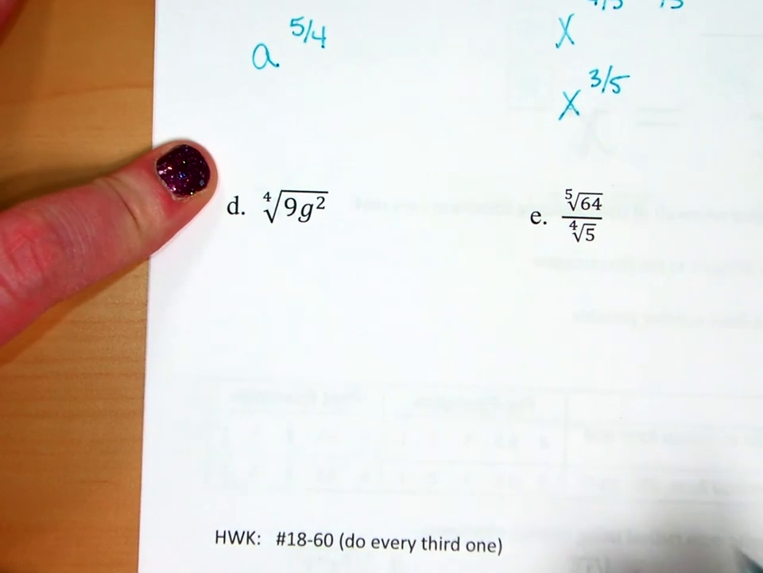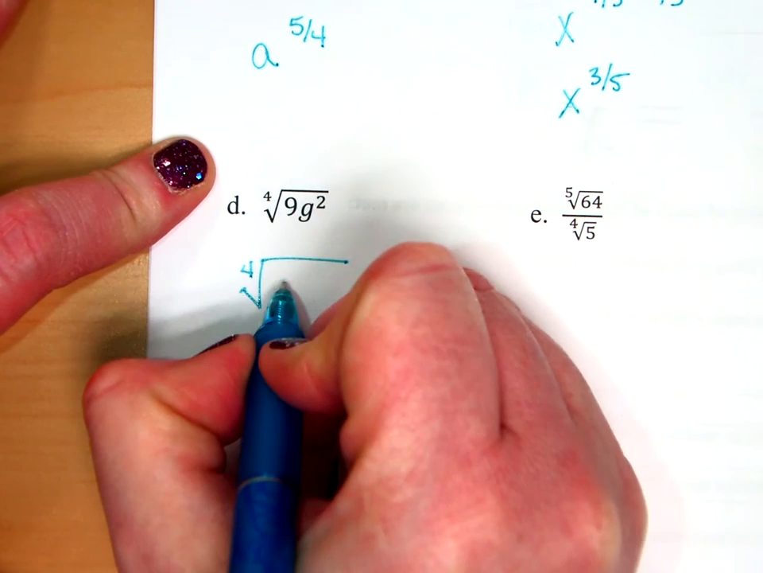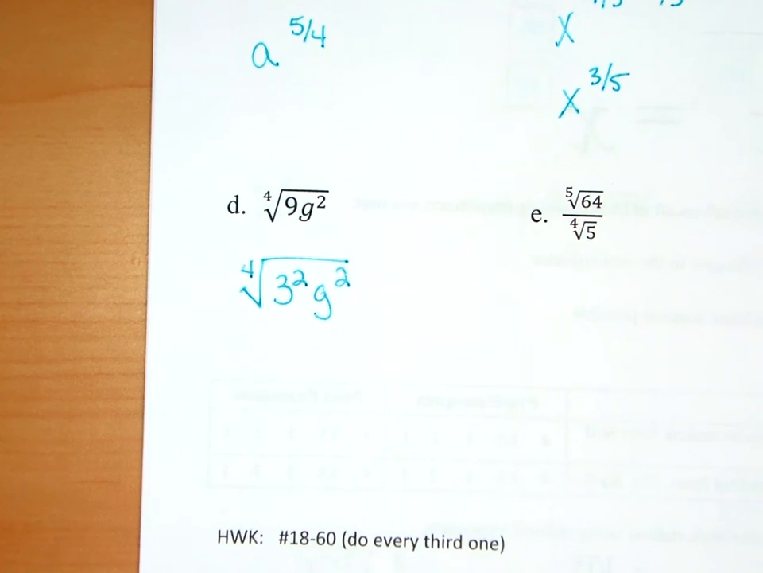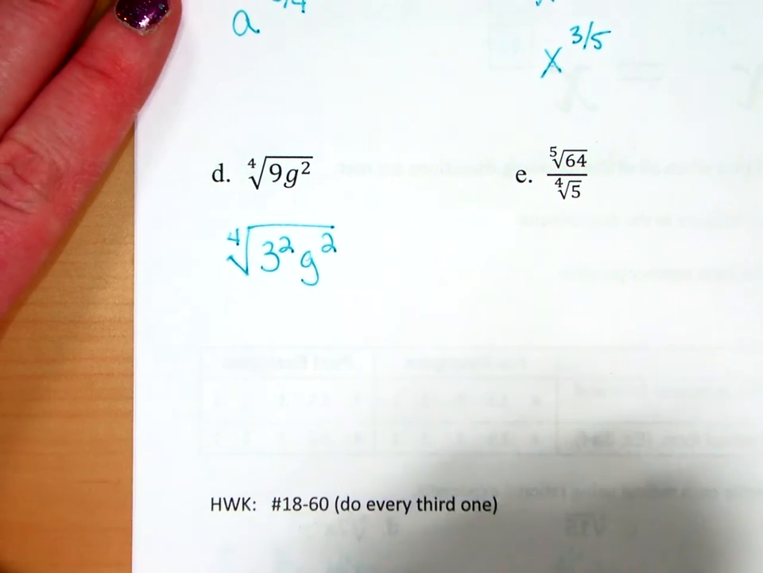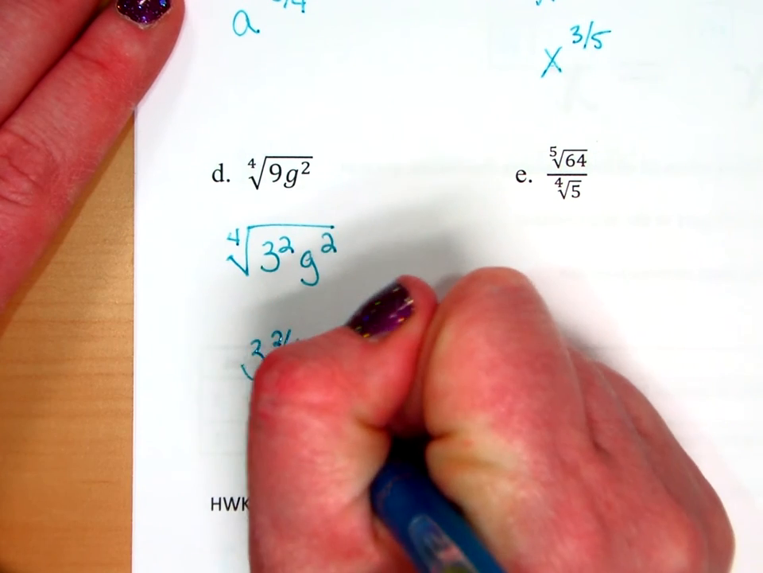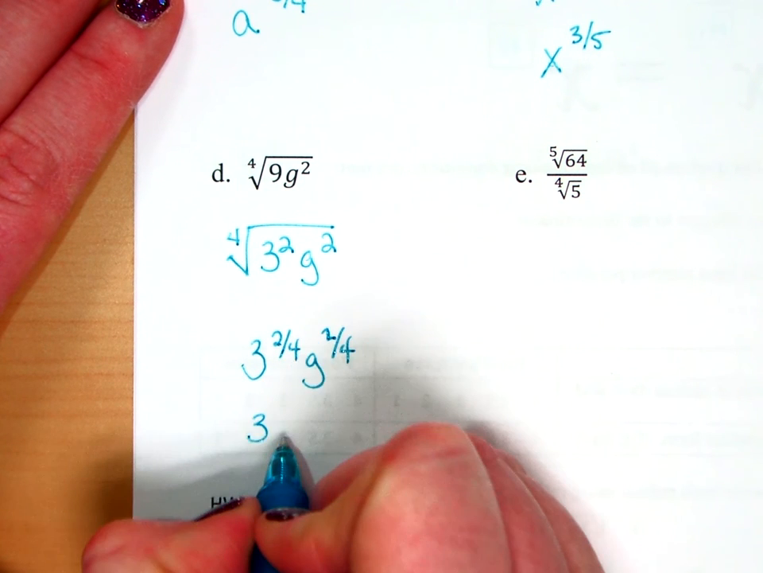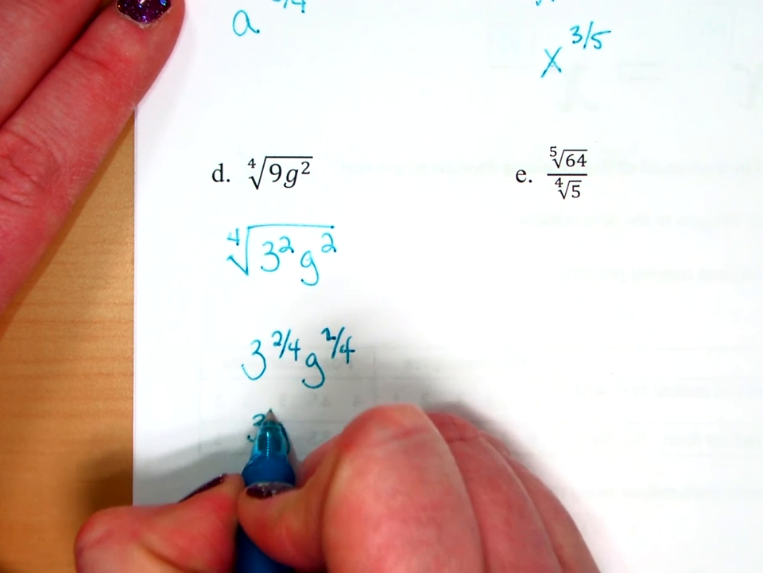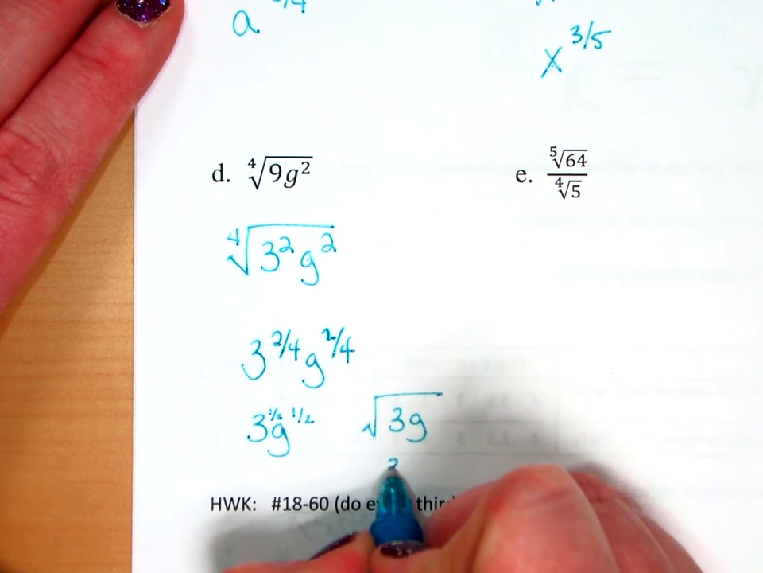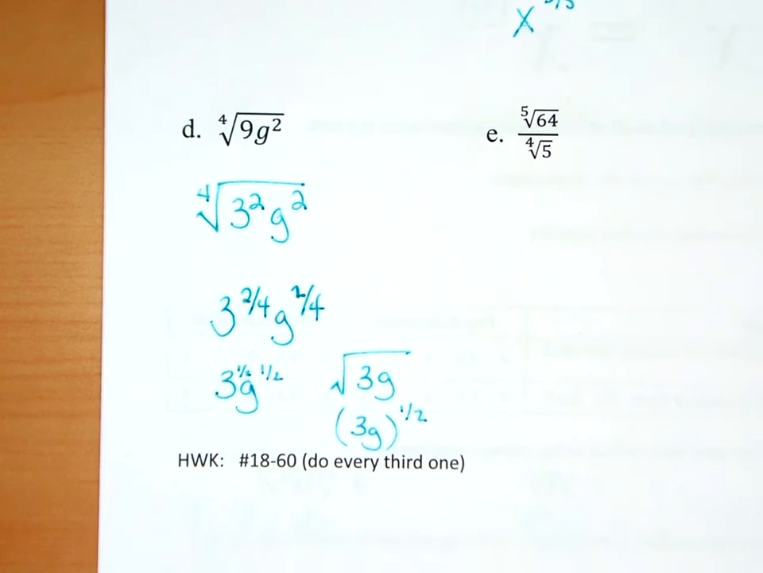Working on this problem here. So 4th root. 9 can be written as 3 squared, g squared, because you want to write them as exponents because you've got to simplify. So then, taking each one to the 4th, 3 to the 2/4, g to the 2/4. So that gives you 3g. They're each to the 1/2. So you can rewrite it as the square root of 3g, or you can have 3g to the 1/2, or you can have each one broken down. On the next one,